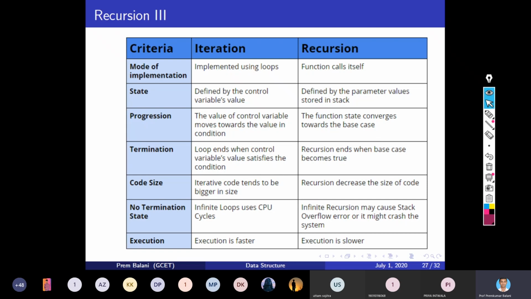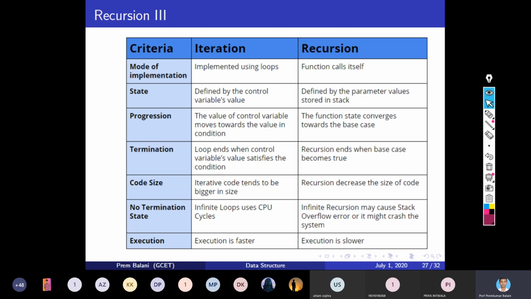When a function calls itself, the parent function's parameters are pushed on the stack, and then the called function is executed. And in that, again, when the function calls itself, the parameters are pushed on the stack.